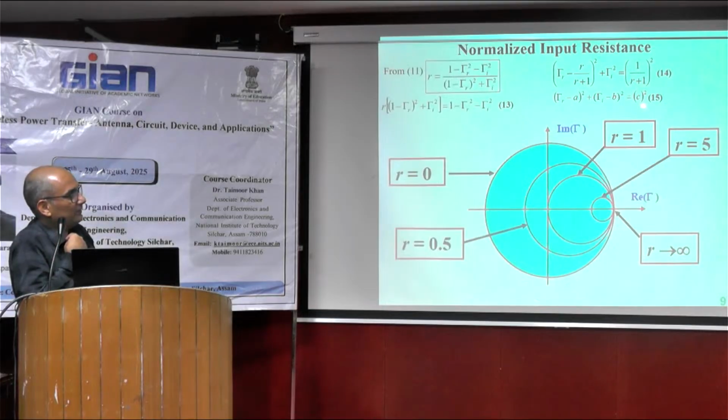And this one, radius is 1 upon 0 plus 1, which is 1. It means you need to plot a unit circle at center point 0, 0. That is the meaning of R equal to 0 plot. Take R equal to 0.5 and R equal to higher values, then for all these circles the center point will remain